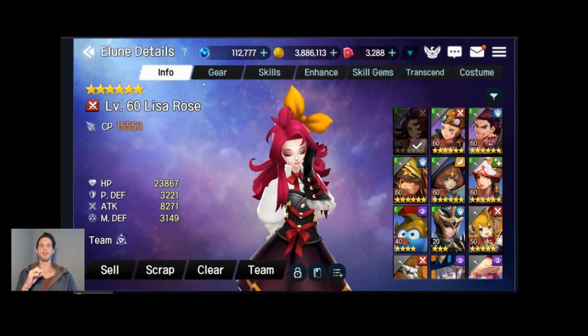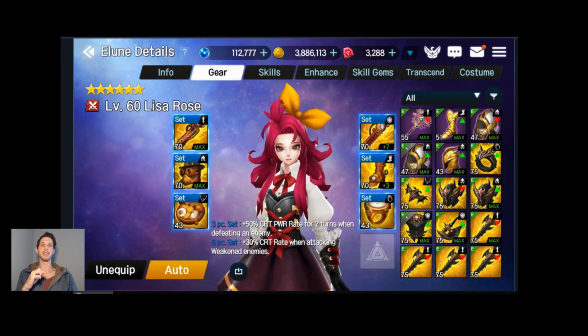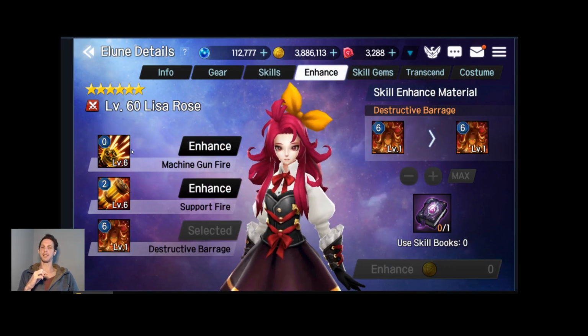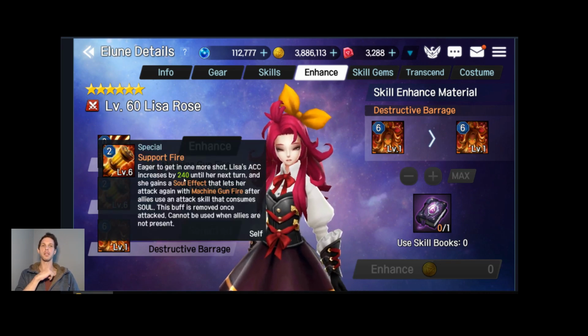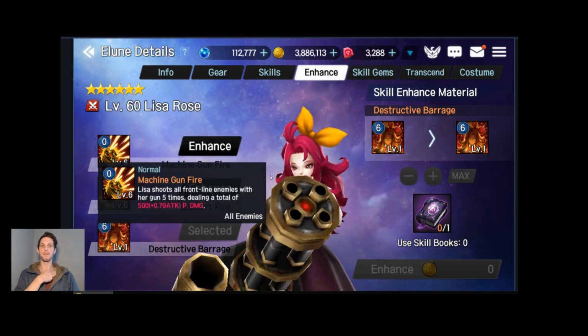So her attack power is a bit low. Her gear again is not amazing. It could do with plussing up. Some of this is not so great. Her skills, I've enhanced, maxed out her first skill and her second skill. Second skill because it gives her the accuracy, which means she literally doesn't miss. Her first skill is her general